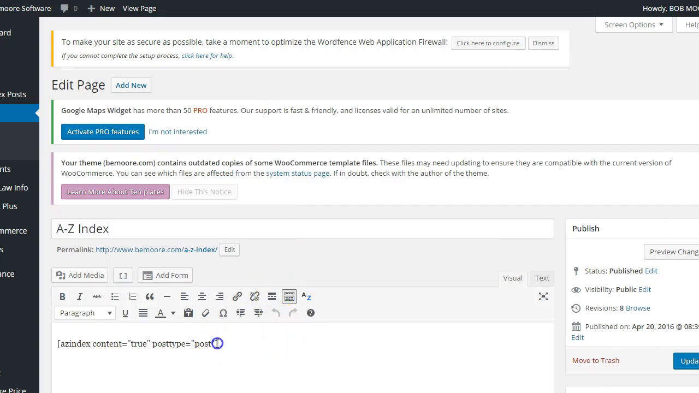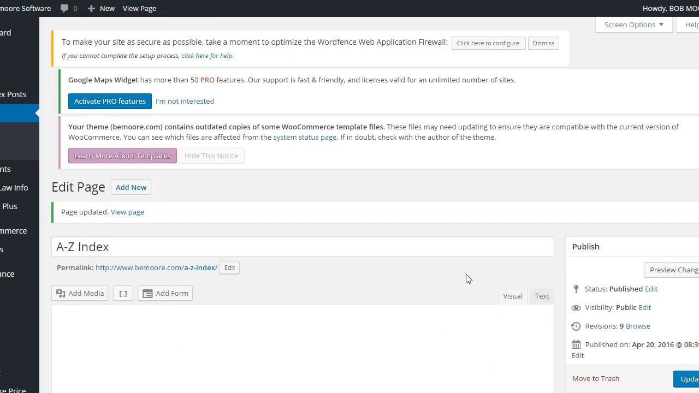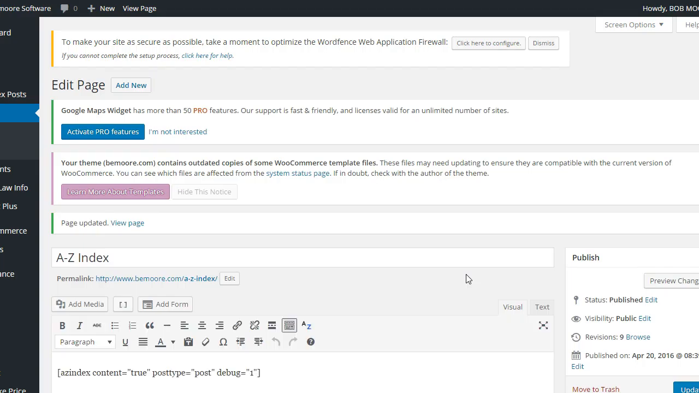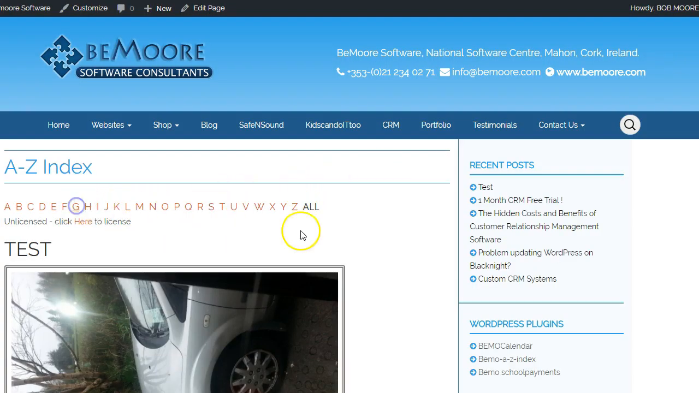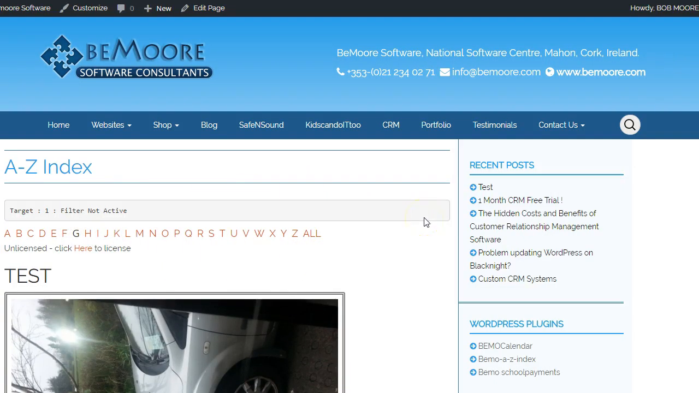And then we'll put in here bug equals 1. Okay. Update. Now we view our page. Okay. Now if we click on an index, now you can see target 1, filter not active. Okay? That means